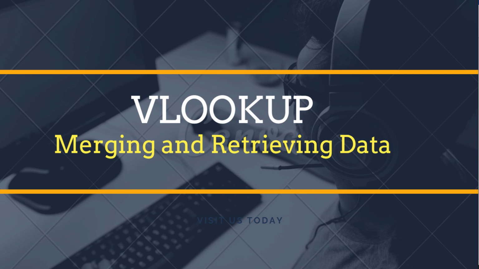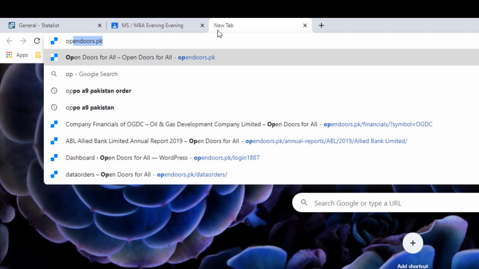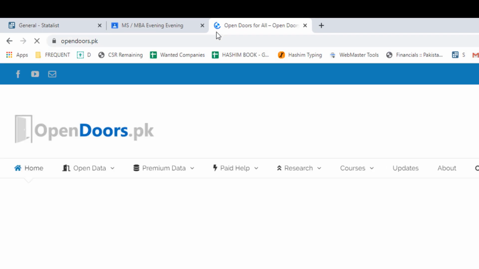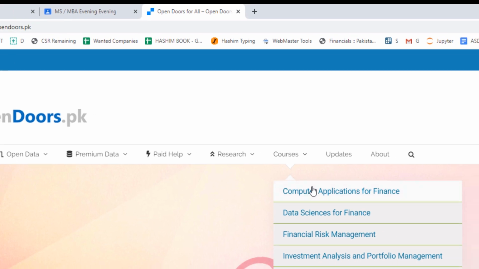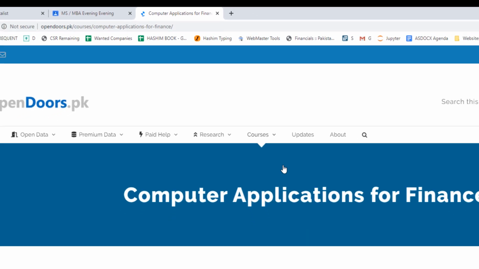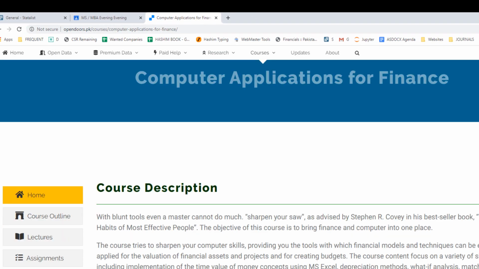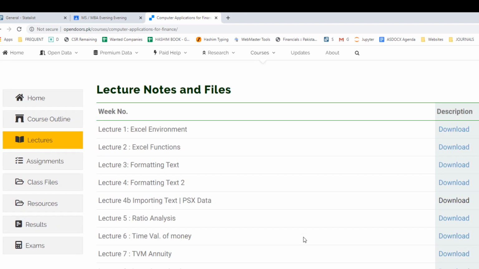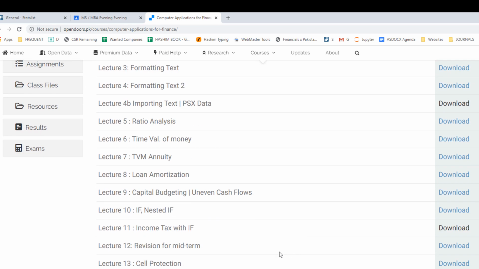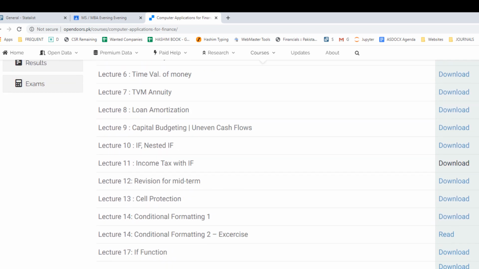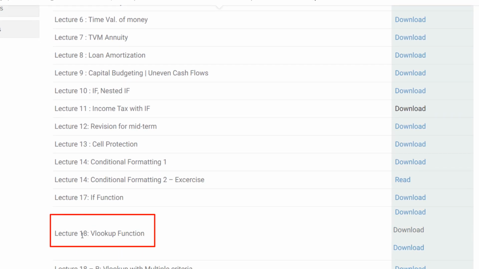So for this session we are going to use some example data which I am going to download from our website opendoors.pk. If you go to the website page and click on courses and computer applications, there on the left you will see a link to the lectures, and in the lectures please scroll down to lecture 18, VLOOKUP function, and there is an Excel file VLOOKUP1.